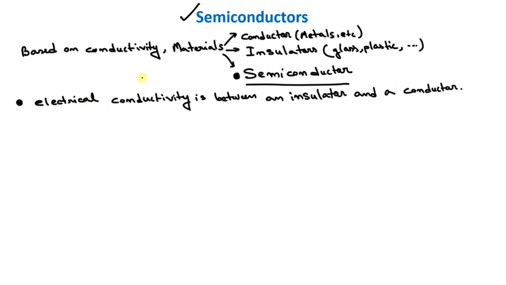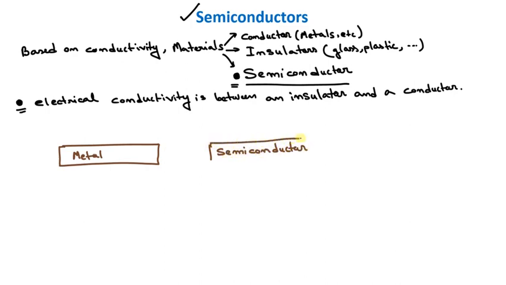So this is the semiconductor, whose conductivity is between a conductor and an insulator. A few facts about semiconductors and their difference with metals, because both can conduct electricity, right? Both metals and semiconductors can conduct electricity. So suppose these are the two boxes. The first one is the metal and the second one is the semiconductor. And these two terminals we have connected with wire for metal as well as for semiconductor.